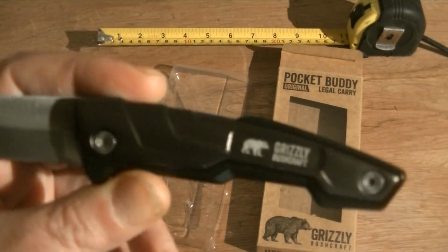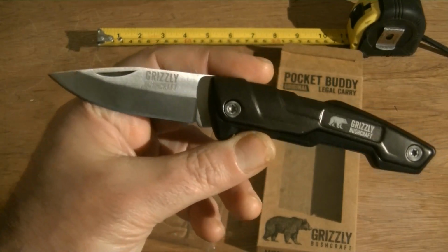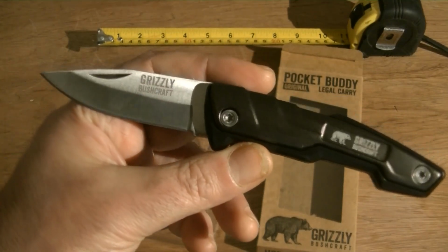Bushcraft non-locking blade right there. Fantastic bit of kit. I was sent this recently by